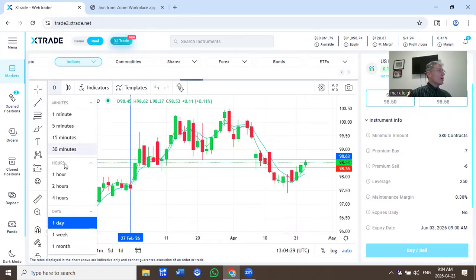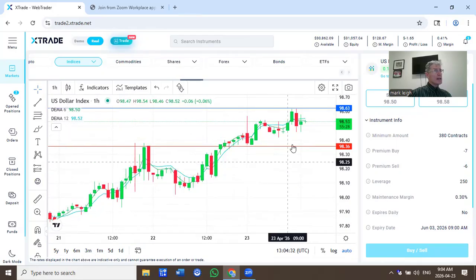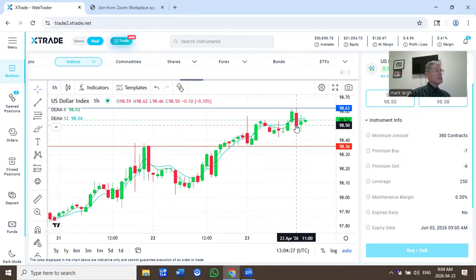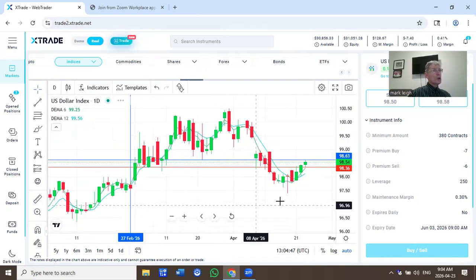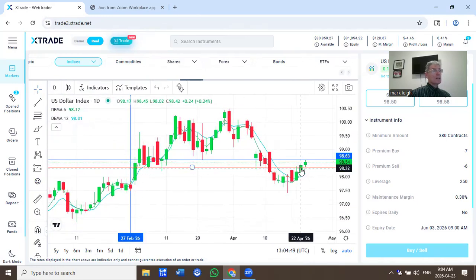If I just zoom in on the hourly, there you can see a couple of hours ago, a bit of a sell-off, a turnaround, a push down from this resistance, selling US dollar, but US dollar is showing resilience, fighting its way back, sitting now at 98.54. Buyers will be looking up at the resistance level, see